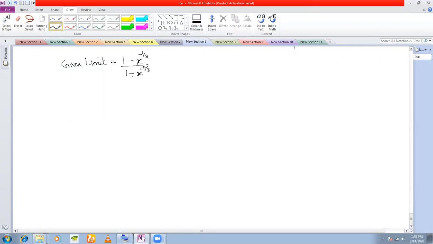Okay. Again, let's check what form this is. 1 minus x to the power of minus 1/3 divided by 1 minus x to the power of minus 2/3. Okay. Put x is equal to